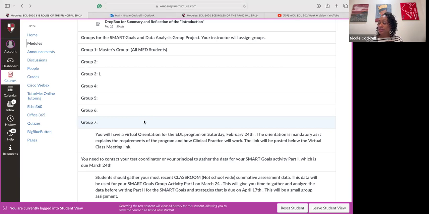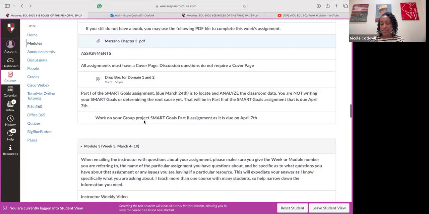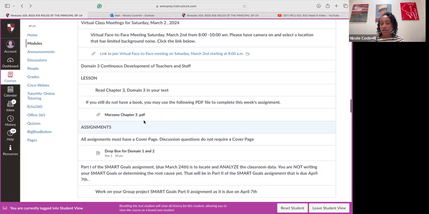Focus on your weekly assignments. That's going to be the biggest thing that you can do for yourself. Please, please, please do your best not to get behind, because it's a lot of reading and it is a lot of papers that you're having to submit. So it's in your best interest not to get behind because it is so hard to catch up after you've fallen behind.